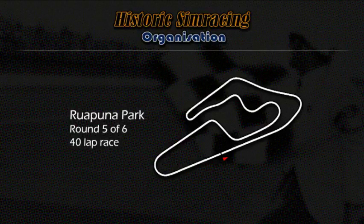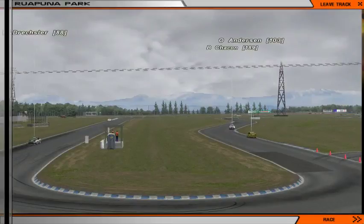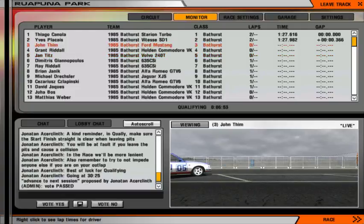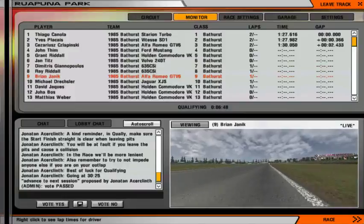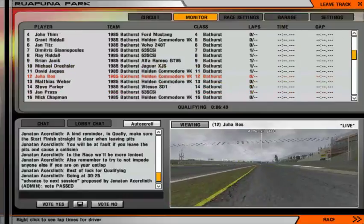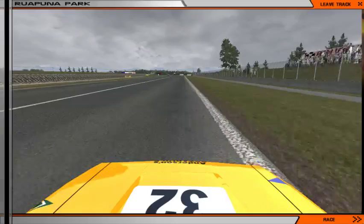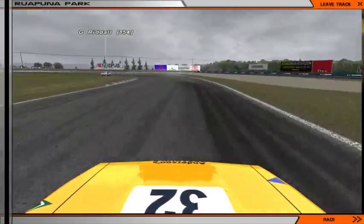But yeah, anyway, let's get down to the track where qualifying is underway, and let's have a look at whoever has done a couple of laps or is doing laps. If I can just do this as well. Mainly looking for someone who's starting their laps, but might be a little bit difficult. I believe David has just started his lap, so he's been down the main straight and now into Flexoplus